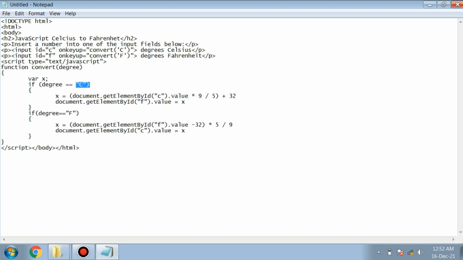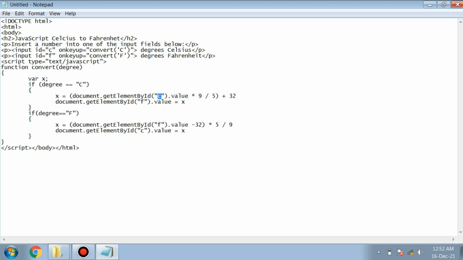For that we take input from the input box with ID C, using document.getElementById, multiply it by 9, divide it by 5, and then add 32. Whatever value comes will be set in the next input box, the Fahrenheit one.